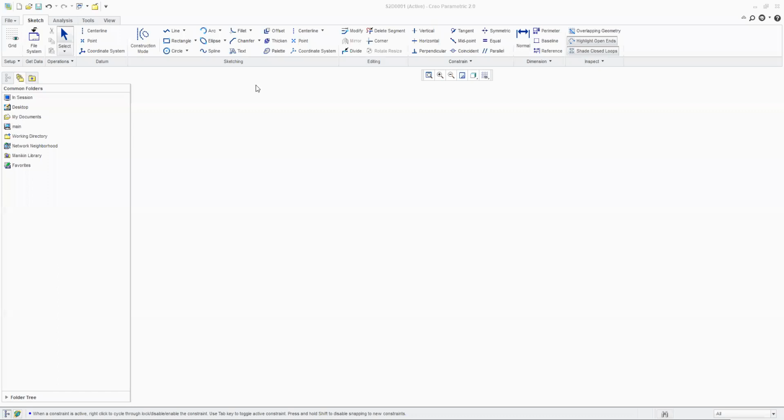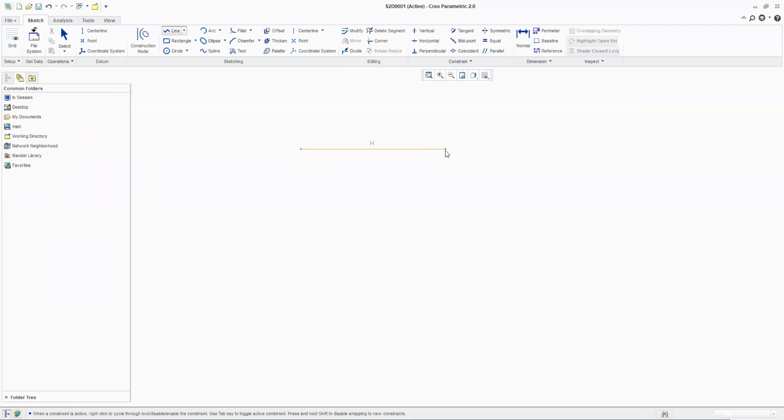I am sharing the screen with you again. Fine. Now, everyone, watch carefully. When I am creating this line, I clicked on line. I am clicking for the starting point and I am coming on the right hand side or the left hand side. You will notice that Creo is taking an automatic constraint.